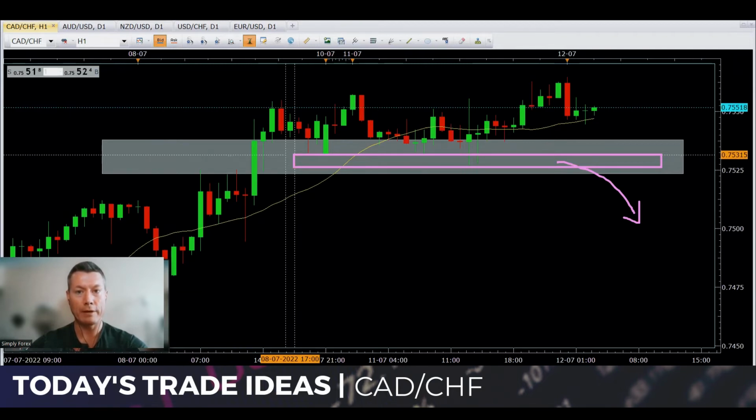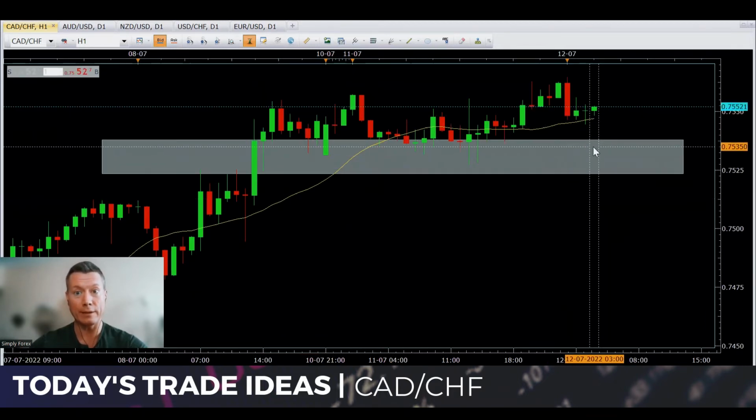Okay, so bearing that in mind, price can come down to here, yeah, test these last H1 lows. Then we want to see a bullish candlestick pattern form. Excellent, we can then enter the trade. Our criteria is met. We get into the trade, we take price back up to this last high, we close 80% and then leave 20% to run up to our blue line. All right, guys, so Canadian Swiss franc, we're looking to buy this market.